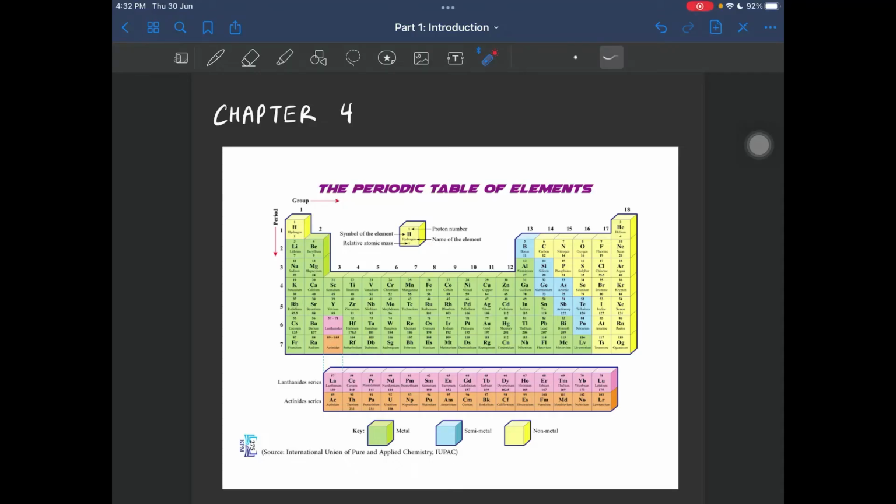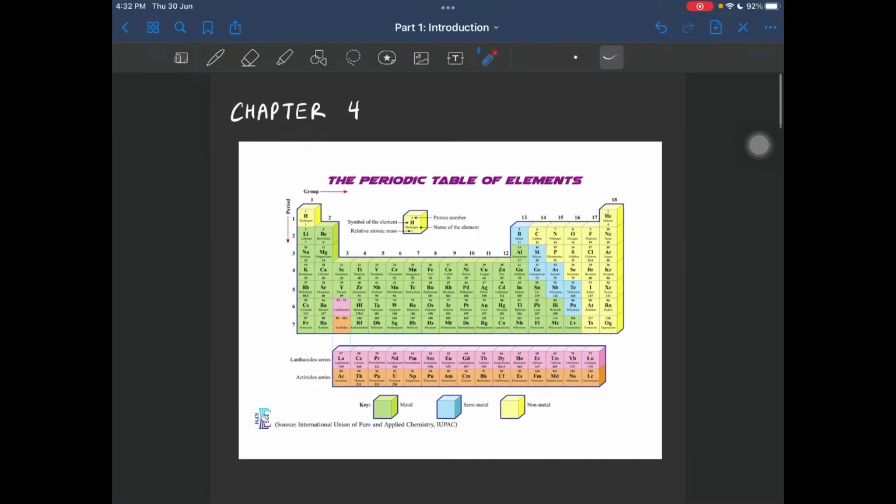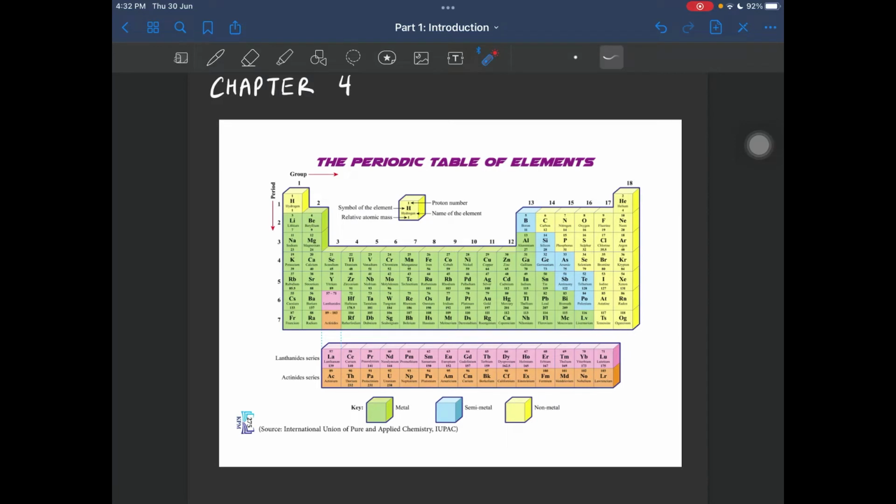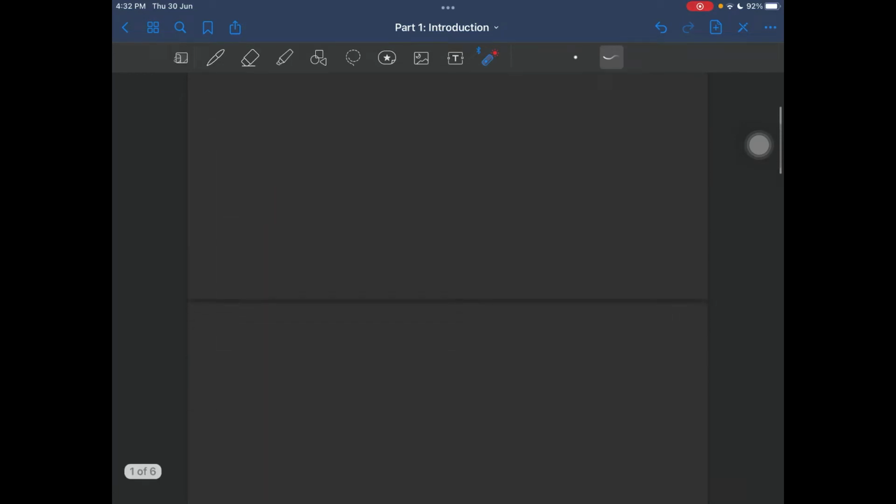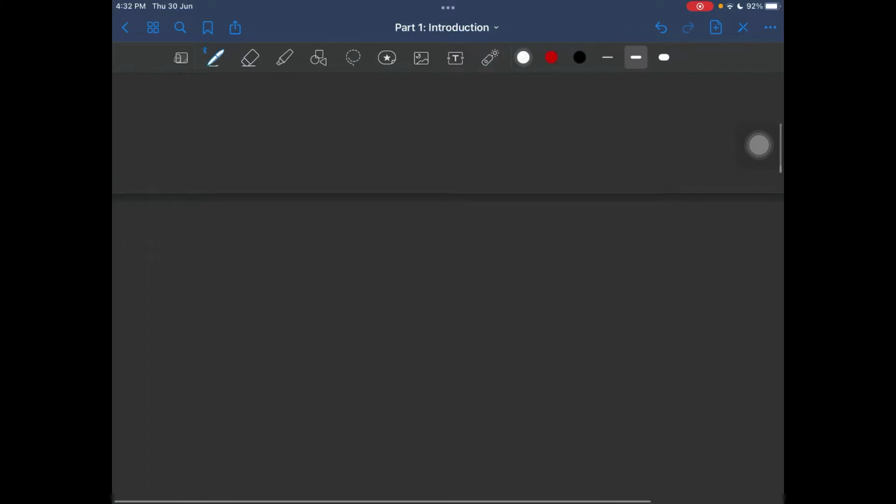Hello everyone, so today we will be looking at Form 4 Chapter 4, the periodic table of elements. In this chapter, we will be looking at how the periodic table of elements is constructed, how the elements in the periodic table are arranged, and also the properties of the elements that can be found in the periodic table. So before we go into the details of what we're going to learn in this chapter, let's have a short little recap